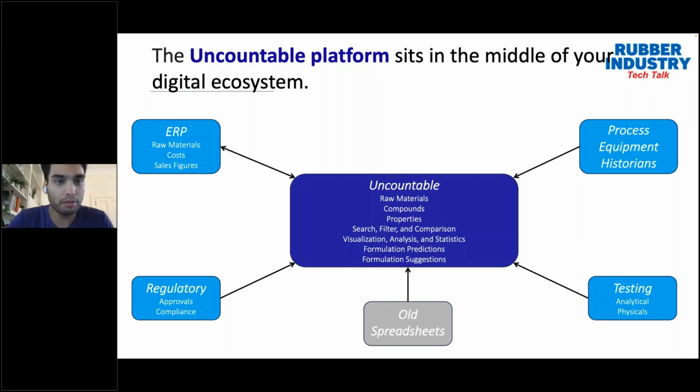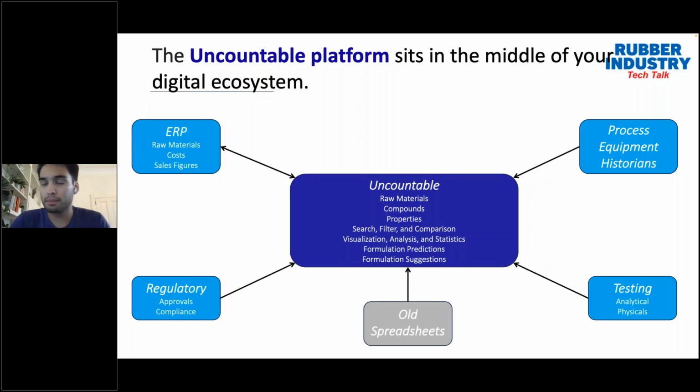So what we commonly find ourselves doing is connecting to whatever existing data streams the teams want to continue to use today. Whether it is an ERP, say SAP or Oracle, where they want us to pull in their most up-to-date ingredient cost information, but they want us to push back out production formulations, a very common workflow done today.